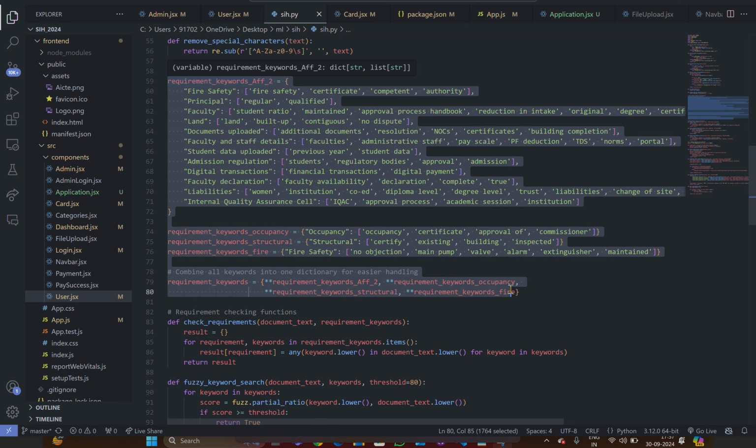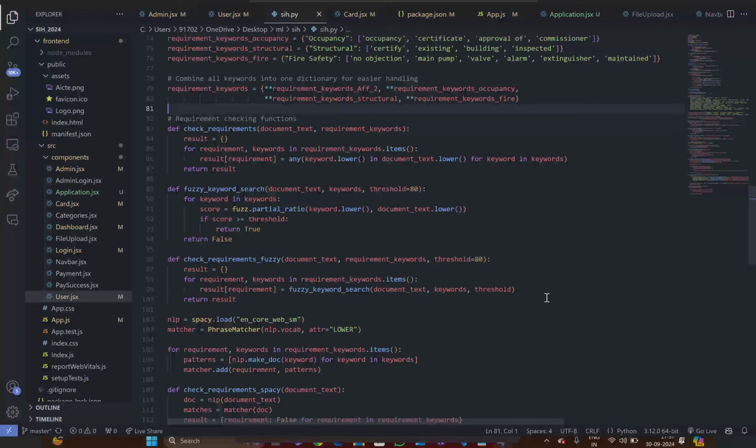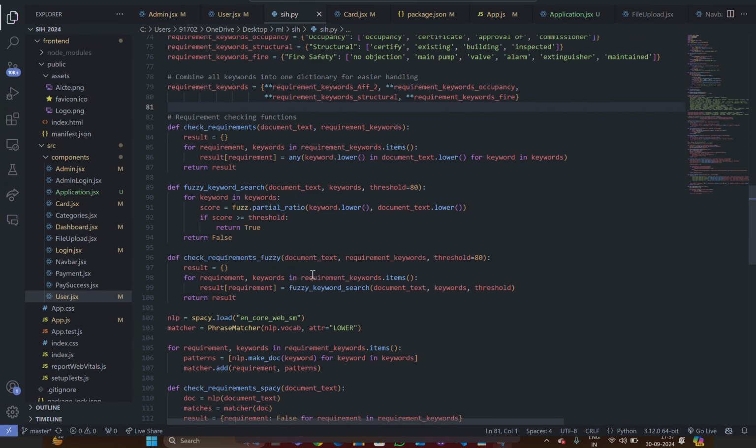The next set of functions are the requirement checking functions. These functions check if the document meets specific requirements by comparing its content to predefined keywords. There are three main categories of requirement checking functions in this particular script: one for the exact matching, one for the fuzzy word matching, and one for the NLP approach.